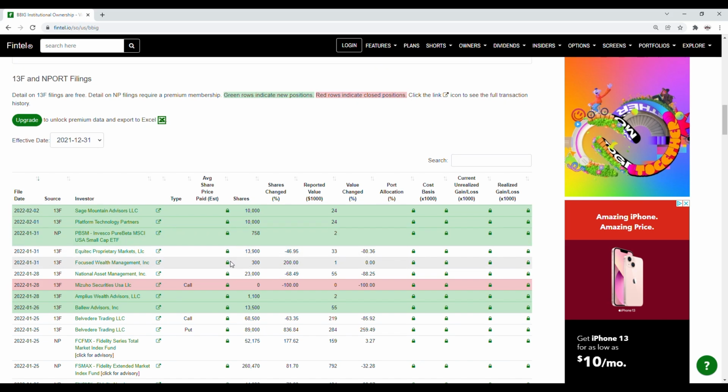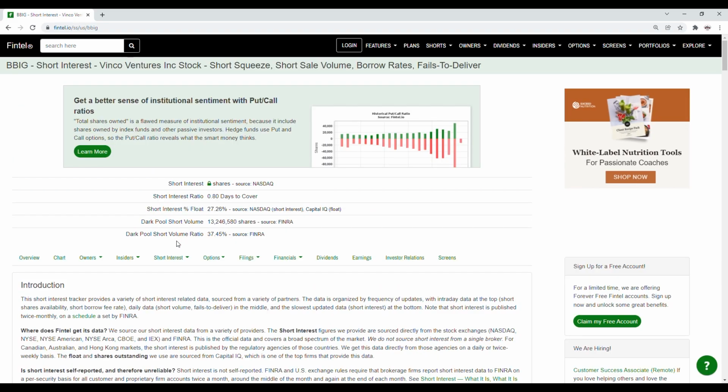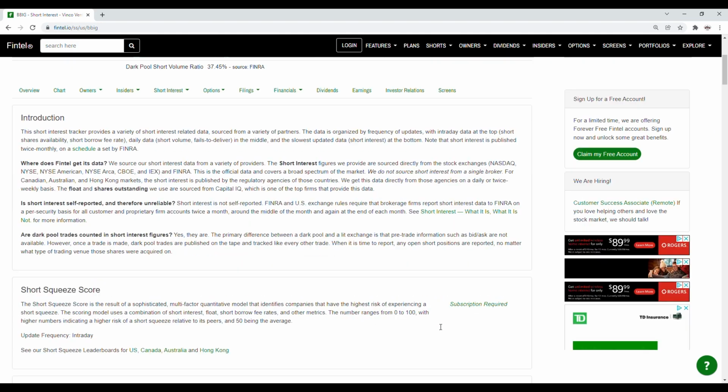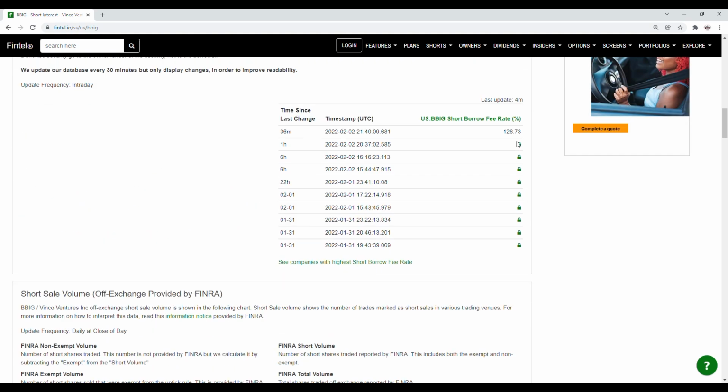So now when we take a look at the short interest, the dark pool short volume ratio is at 37.45%, and for the dark pool short volume, it is just over 13.24 million shares. Scrolling down further on the page, the short shares availability is at 15,000, updated 4 minutes ago, and for the short borrow fee rate, it is at